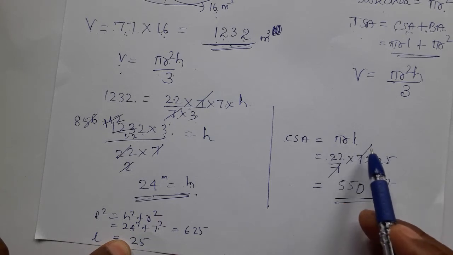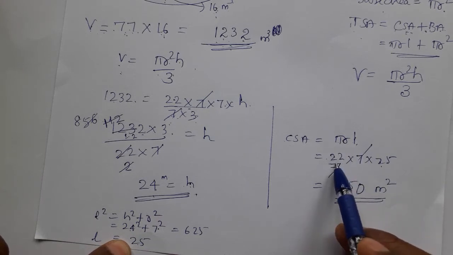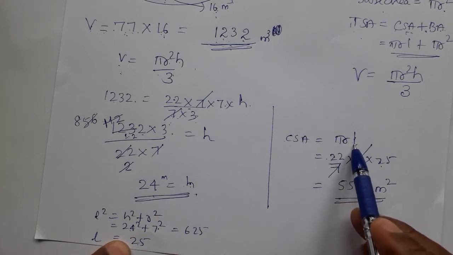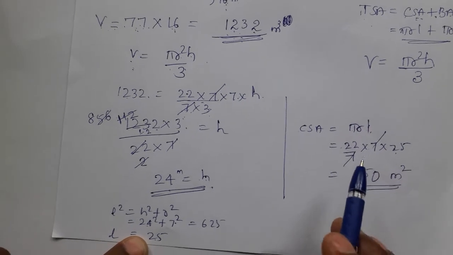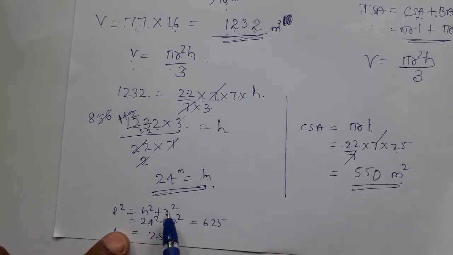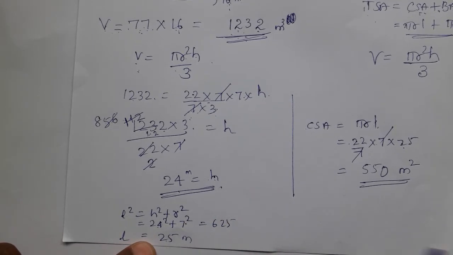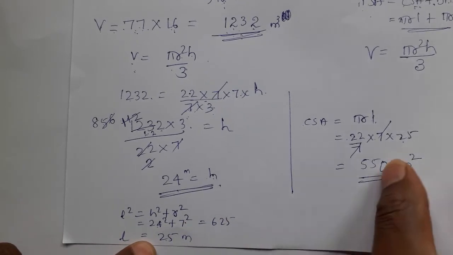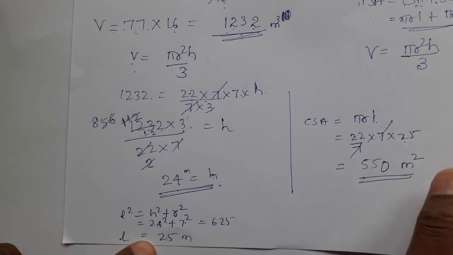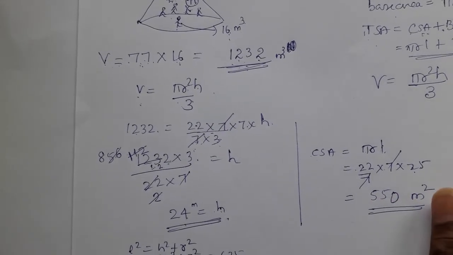If you don't find slant height, directly go for the curved surface area, no problem. But you get stuck here. Because pi you can substitute, r you can substitute, but L you cannot substitute because it is not given. That time you come to know, yes, I have to find out slant height by using this formula. Then it is 25 meter slant height. Finally, curved surface area 550 meters square. So hope you understood this problem. We move on to the